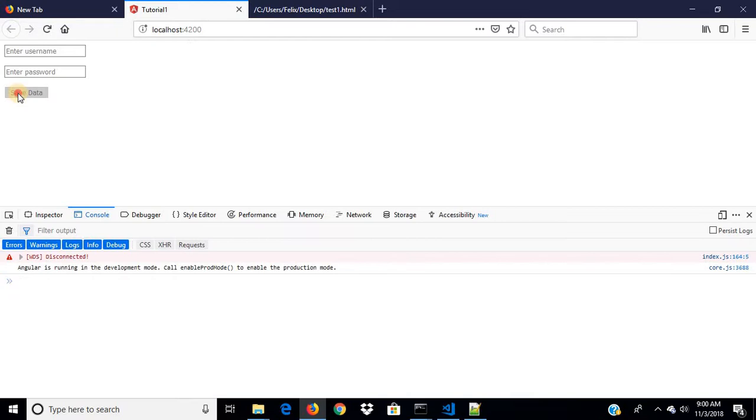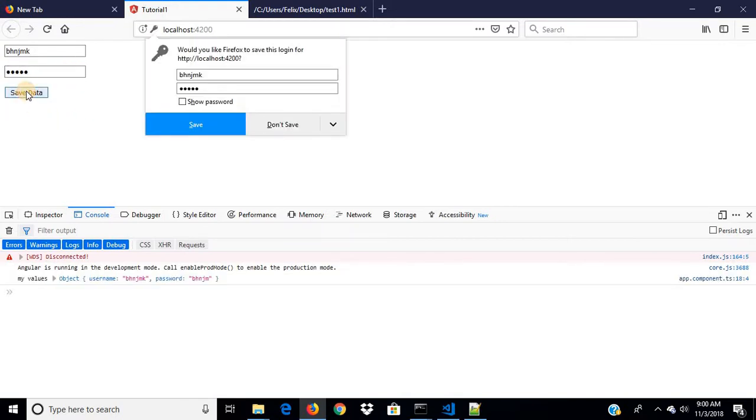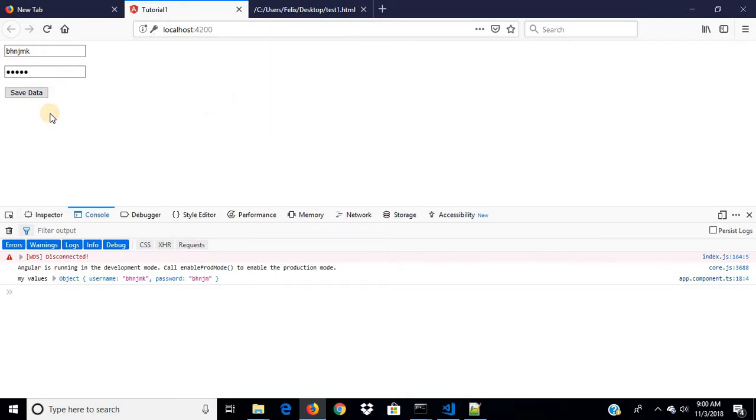Now you can see our button is disabled. Now let me enter something here. Still it is disabled. Let me write something. Now you can see it is enabled. Now we can click on it. Okay,